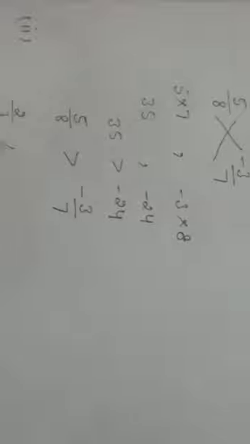In the same way the second part is 2 by 3 and 8 by 9. This you will try yourself. Now its third part. This is minus 4 by 3 and minus 6 by 7. Again all of you will try yourself. Now we are doing the fourth part. That is minus 8 by 3 and 19 by minus 6.